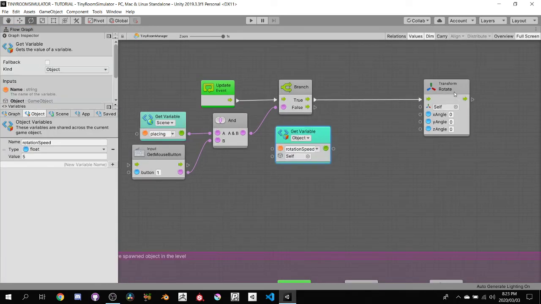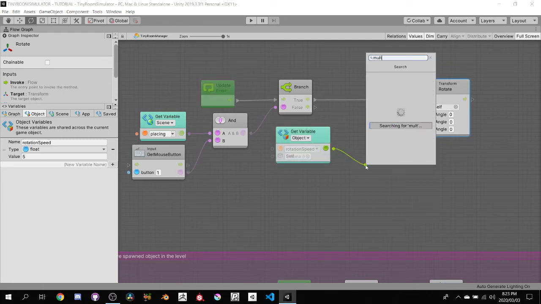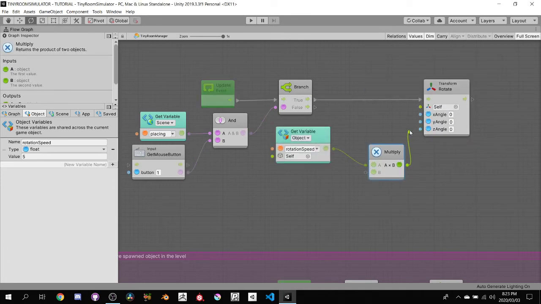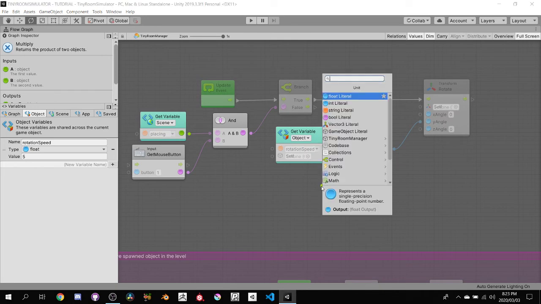Okay, so for this to rotate, transform.rotate, all it does is whatever value you feed into there, as long as it's being fed an update, it'll rotate that amount every frame that you're currently working. So we're saying I want to rotate this object by the amount of speed multiplied by, plug that into the y, we might as well do that now, multiplied by my mouse input. So if my mouse moves left, I want it to rotate counterclockwise, and if I move it right, I want it to move clockwise, so left and right. So I'm going to drag this out. I'm going to type in